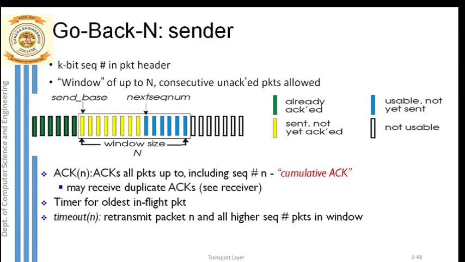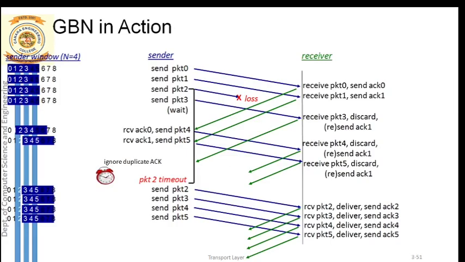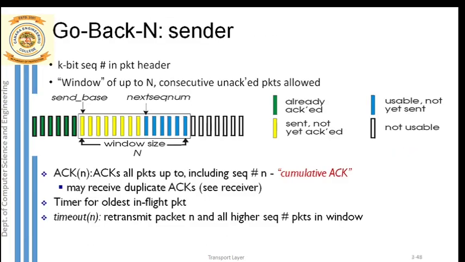I'll first explain the flow diagram of go back N protocol so that you will understand it very clearly. Before I start with this flow diagram, I'll give you a brief idea about the sliding window concept. So we will see what is sliding window first. You all can see the sliding window.